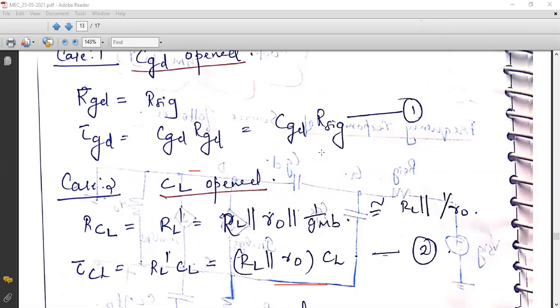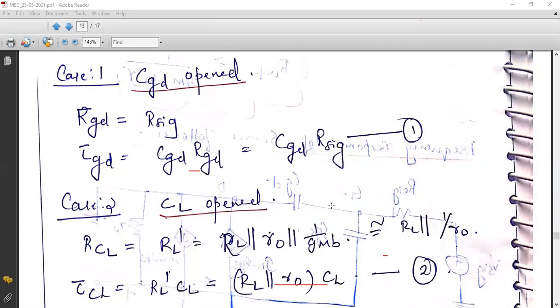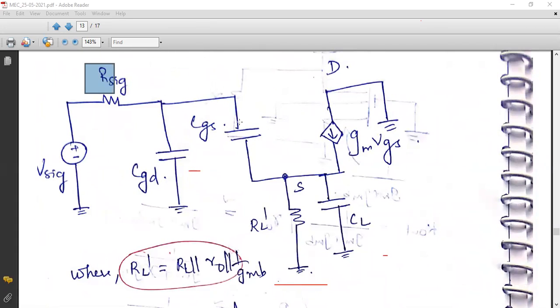Tomorrow I will continue with case 3 because case 3 is a little bit complicated. Why? Because if you see CGS, you can't find any physical resistance connected across its terminals. Do you find any physical resistance connected between gate and source as such? No. So in that case, what will you do? With previous experience, can anyone tell me? Whenever you are not finding any equivalent resistance across a capacitance, what will you do?